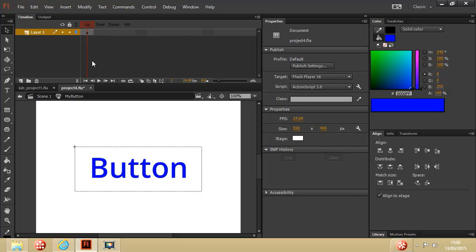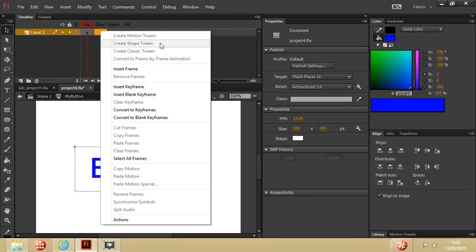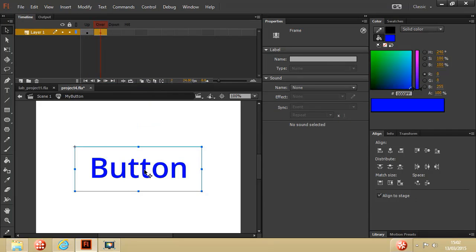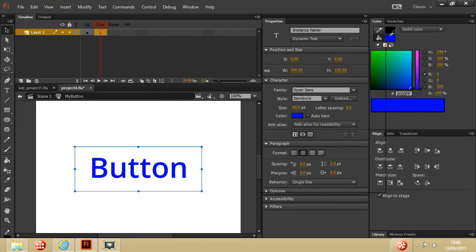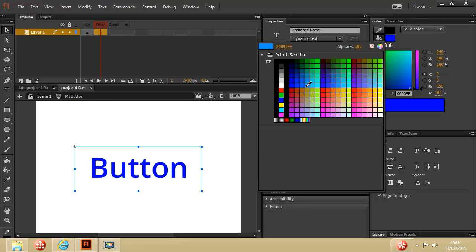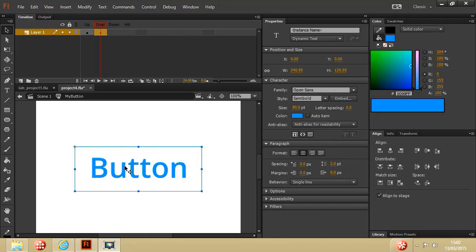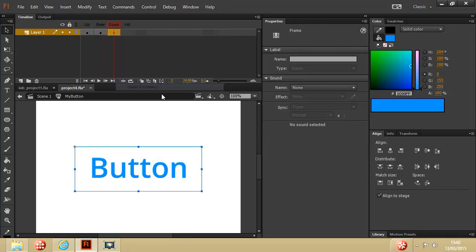So I'll just go to the over again and right mouse click, Insert Keyframe, and I will choose a light blue, I think, and I'm going to make my down state,